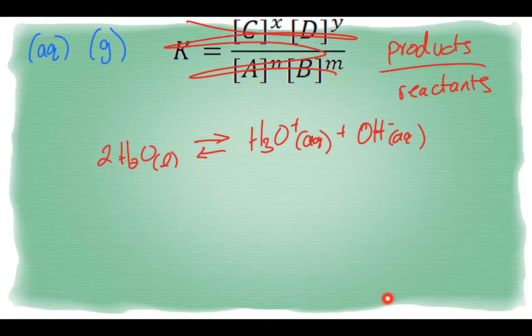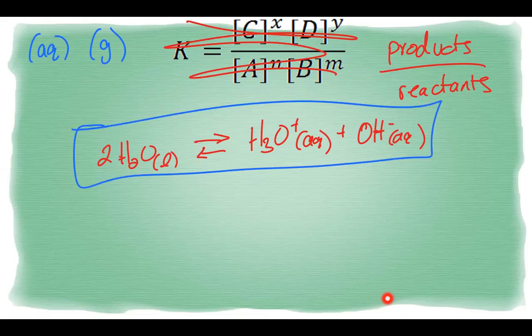So if I was writing an equilibrium expression for this reaction, I would ignore the liquid water because you can't change its concentration. What we're trying to study is the concentration, represented by the square bracket, at equilibrium. If we change the conditions, we change equilibrium, which means the concentrations can change, but not for liquids and solids. So here we would have Kw is equal to the concentration of hydronium,